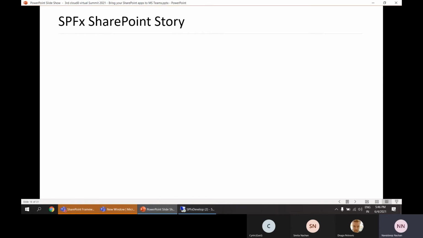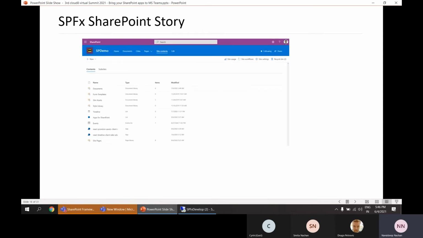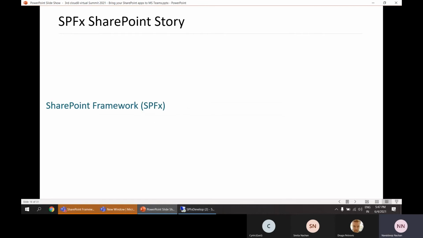Whenever we talk about SharePoint, SharePoint has sites, and in those sites we store our data in the form of lists or libraries. So we upload documents to the document libraries, or we create a few list items. All of the data in SharePoint gets stored in the form of lists or libraries. And eventually, as usage grows, we will have more content coming into SharePoint. And then we have something called the SharePoint Framework, or SPFx, which is a modern development tool